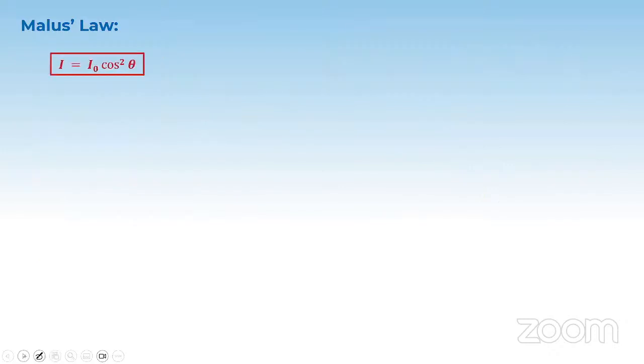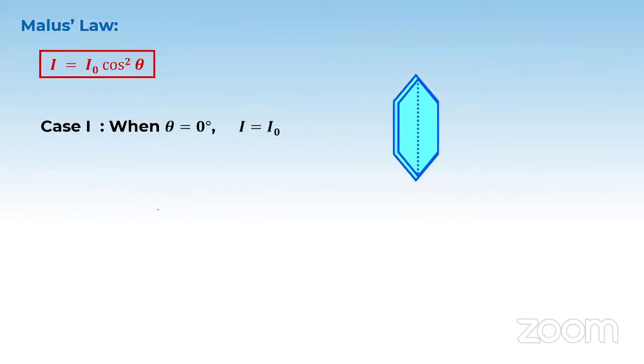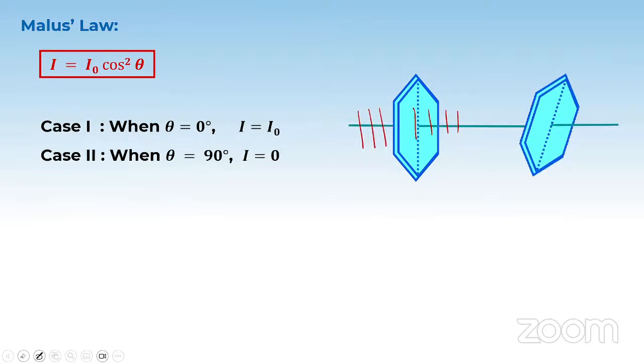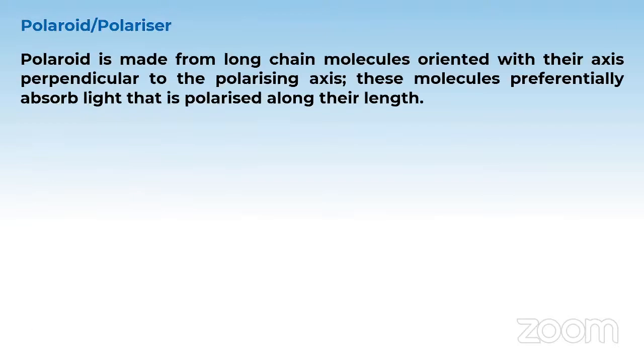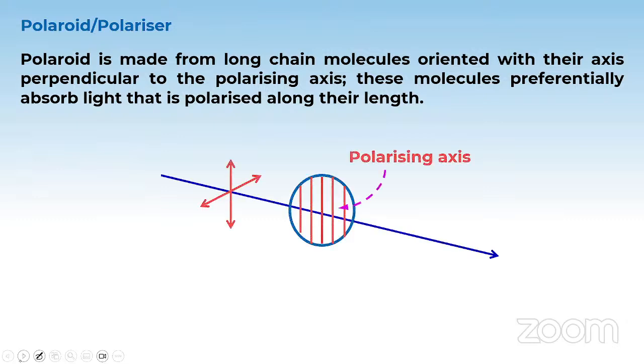ठीक है। देखो, when theta is zero, I is equal to I naught, और वो ऐसे ऐसे ऑसिलेट कर रहा था, ऐसे ऐसे बाहर आ जाएगा। But when we tilt it to 90 degree, then what will be? There will be no light, क्योंकि उस डायरेक्शन के परपेंडिकुलर ऑसिलेशन हो रहा है। तो पोलराइड is made of the long chain molecule oriented with their axis perpendicular to the polarizing axis. These molecule preferentially absorb light that is polarized along their length. ठीक है। ये पोलराइजर एक्सिस है, अब जो इनकी एक्सिस के अलोंग है उसे ही पास करेंगे, बाकी जो परपेंडिकुलर है उसे एब्जॉर्ब कर लेंगे।